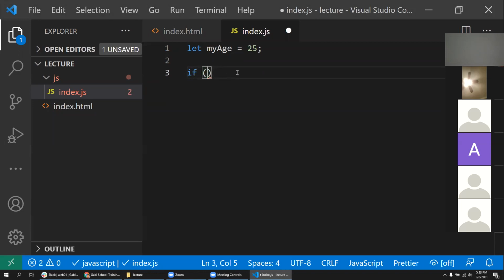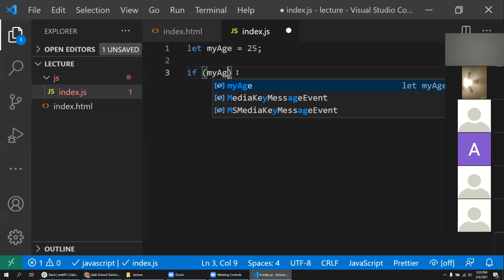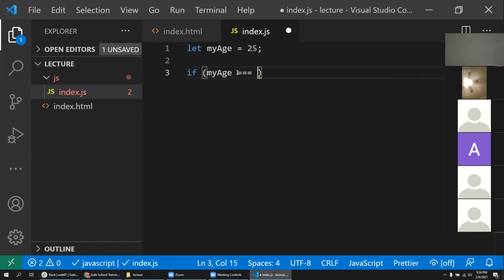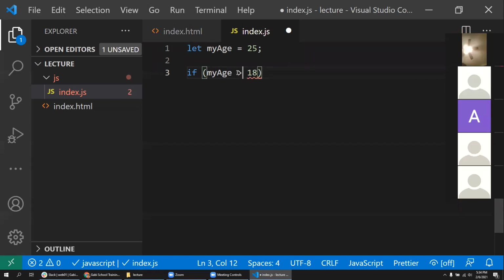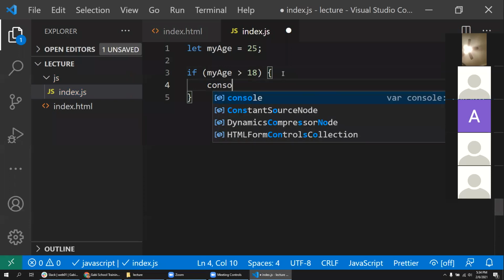So you give it these parentheses, not a bracket, and within the parentheses you give it a condition. You say if this is true. So you say if my age is equal to... Remember we said in JavaScript you use three equals signs to make a correct comparison. If my age is 18, or you could say if my age is greater than 18, then we say console log